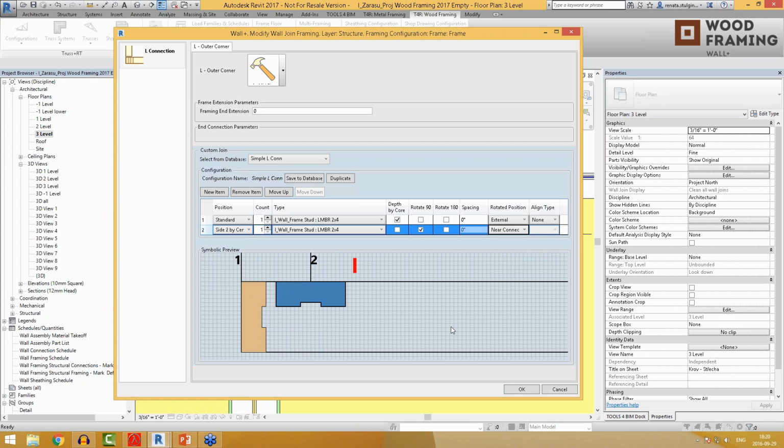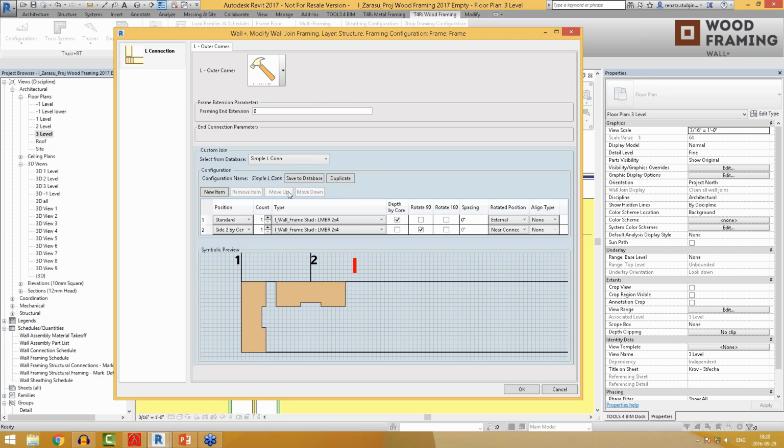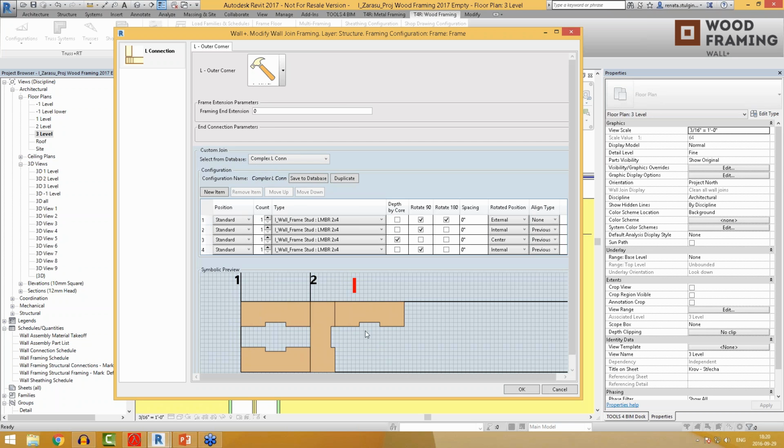Okay, so that could be one more situation. And again, let's save this, and that's it. We have right now several connections. I just want to check once again that here we have the L and here we have a simple connection, the complex and the simple. Actually, you can just ask why there are these cuts in the